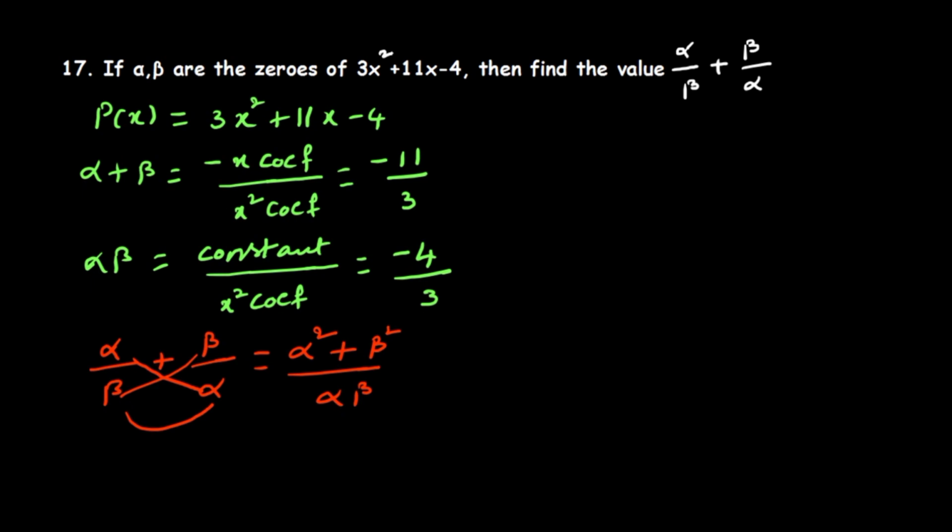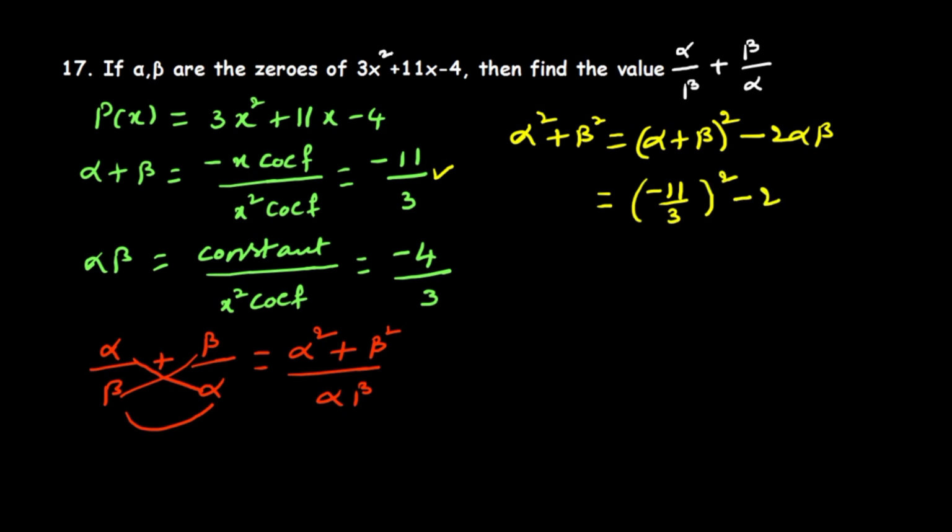And in this video only, just on the question number, maybe I think so 10 or 11, we have discussed the formula. What is alpha square plus beta square, right? Alpha square plus beta square equal to alpha plus beta whole square. That means a square plus b square equal to a plus b whole square minus 2ab. So that here we get minus 2 alpha beta. So what is alpha plus beta? This is minus 11 by 3. We write here minus 11 by 3 whole square.